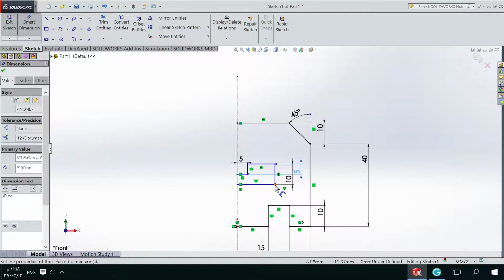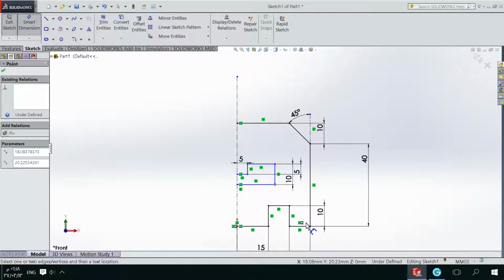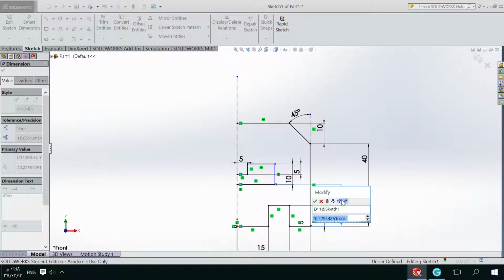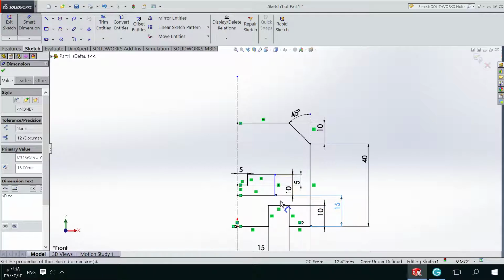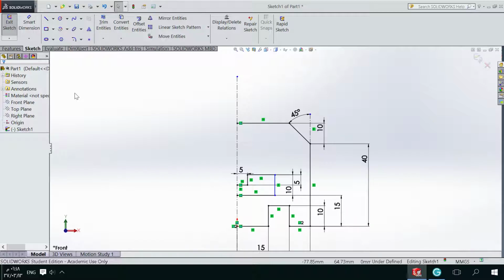Okay, and from here to here it's 15. Okay, so I write all the dimensions 5, 10, 5, 15. I think now I am in a good situation. So now I finished this shape inside, because in the end I will show